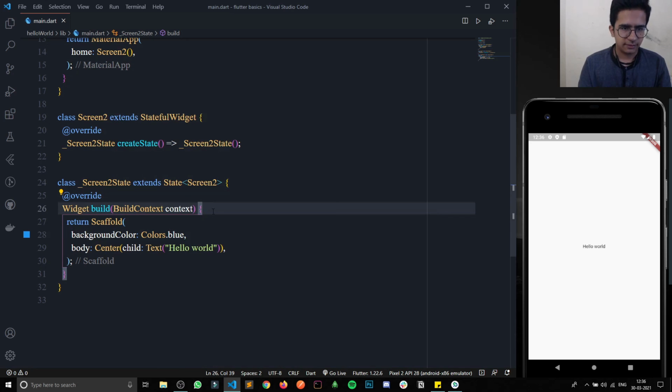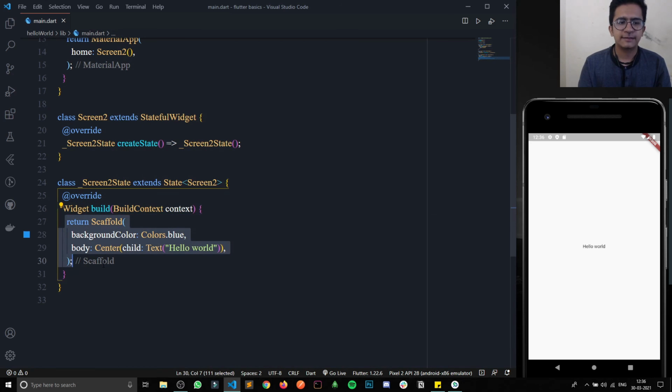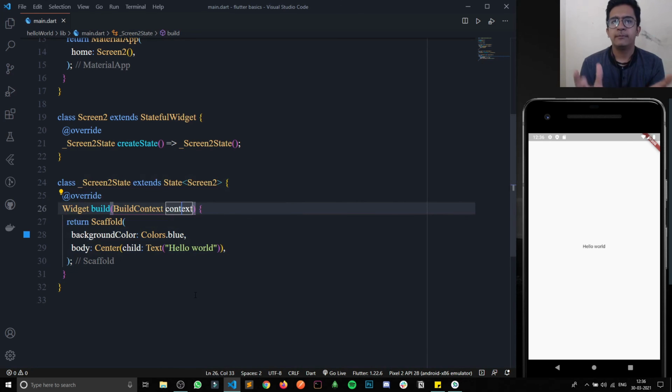Inside the build function, if you see, we are returning the scaffold. A common question programmers have is: suppose there is a scaffold and it has many properties, how can I know what properties are there? For example, scaffold has background color, how can I know?